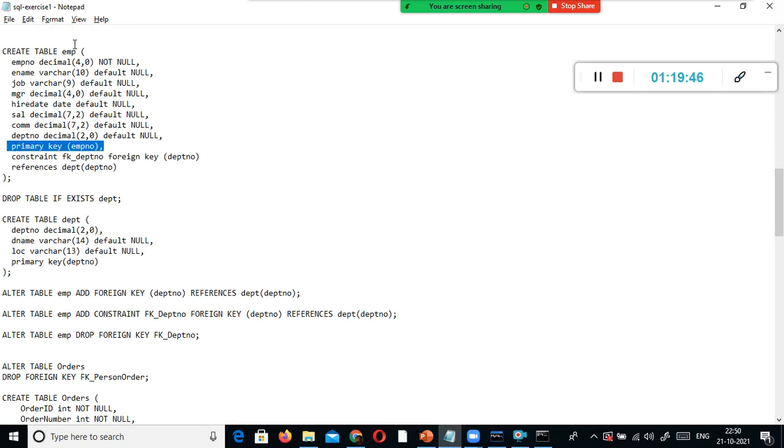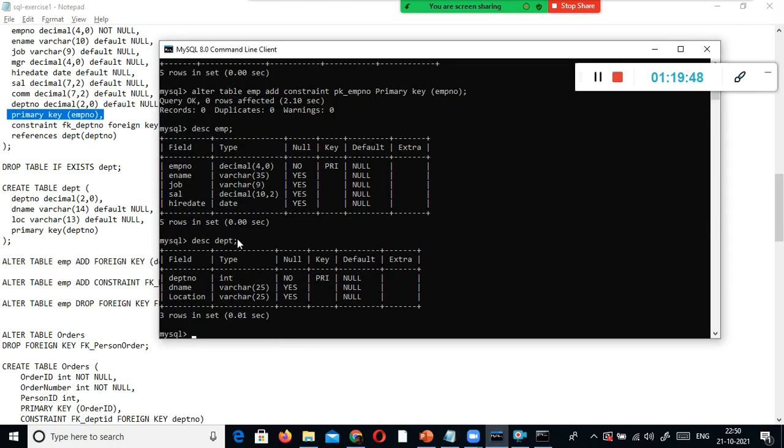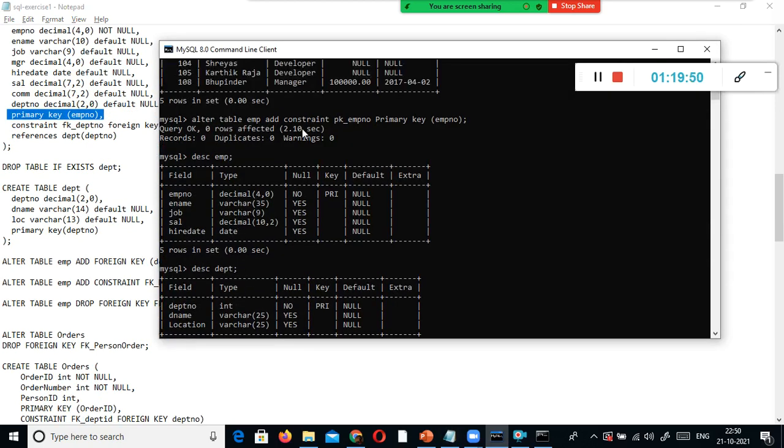If you don't mention it at the time of creating the table, then you need to use alter table, table name, add constraint. Without the constraint keyword you can also add it, but at a later point, if you want to drop a constraint, this is very much important. You can give any name here, but add constraint is a reserved word. Logically I have given pk on employee number.